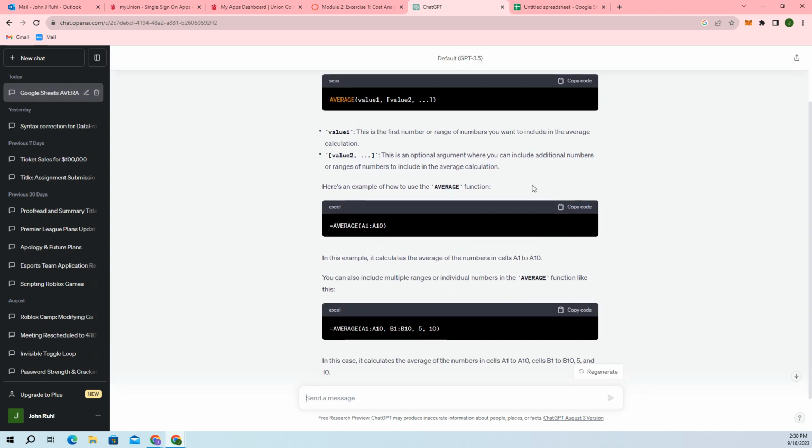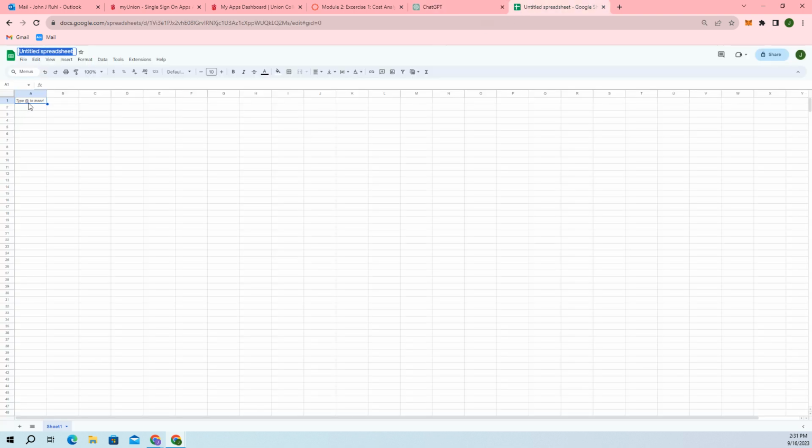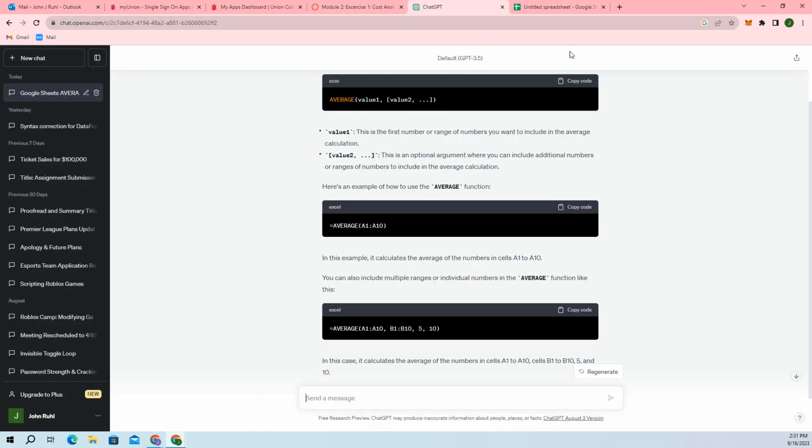All right. So they give you some things that you could copy, and then you would just copy this code. Equals AVERAGE(A1:A10). Now this is an example of if you used A1 to A10, but obviously whatever is yours. So things like averages, things like subtraction, you could use ChatGPT to kind of get you started. But once you know the code,